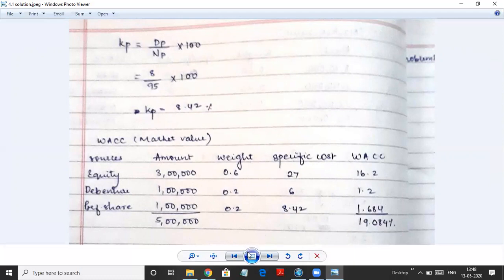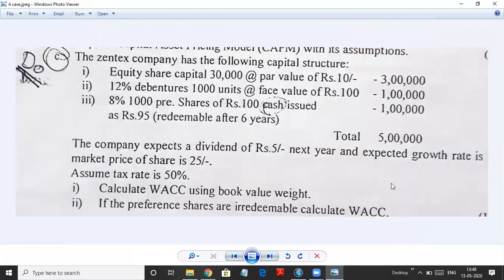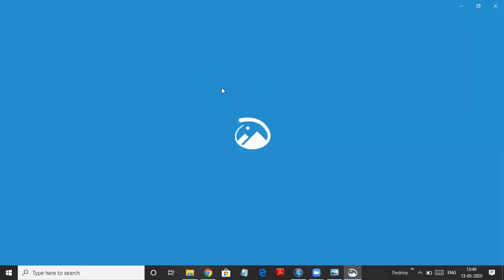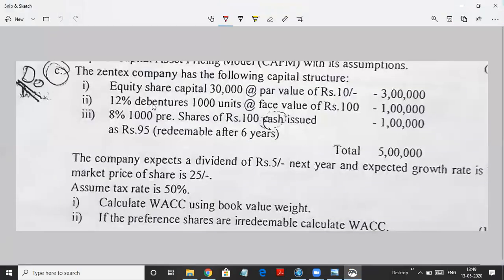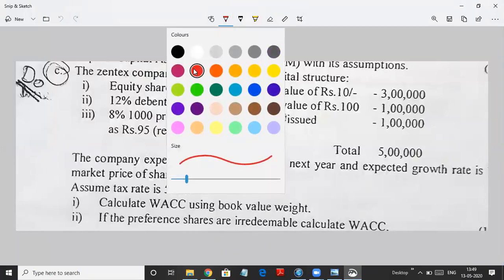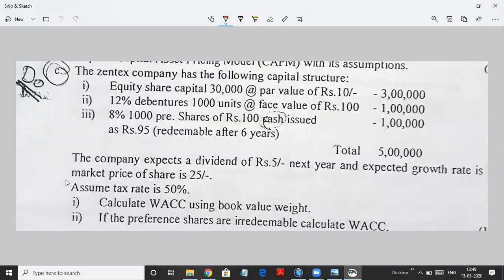I hope all the problems were clear and you have no doubts. In this problem, I'm repeating again, the growth rate is 7%. It has got cut, so you need to take 7% there. It is missing, or while pasting the image, I think I've cut it there. So I'll just try and mention it here: the growth rate is 7%. Okay, so you have to take it as 7% and solve it. I hope it was clear and there were no doubts. Thank you.